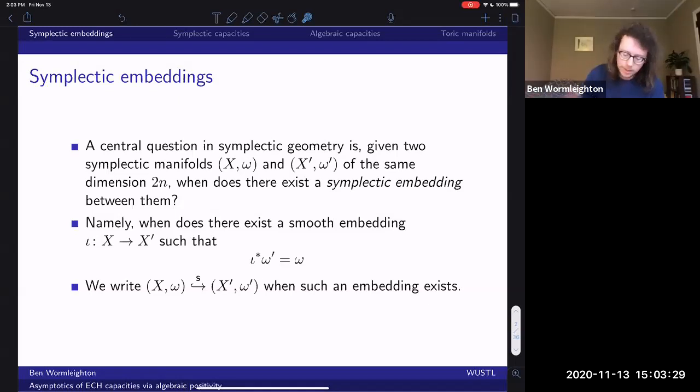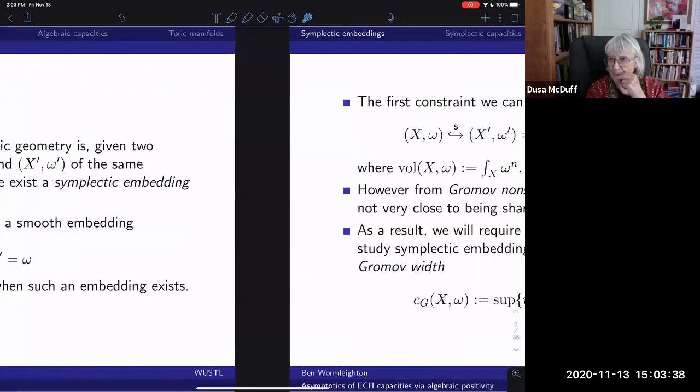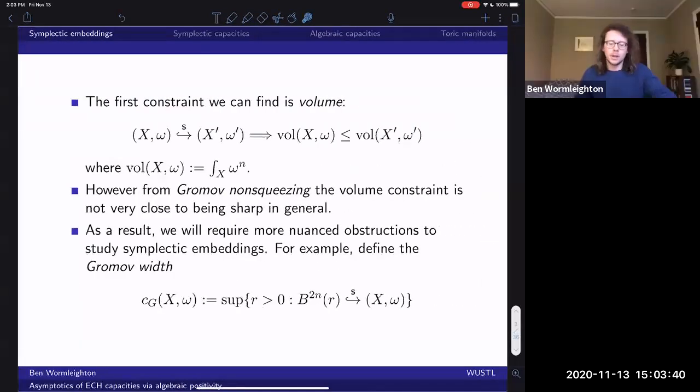And when such an embedding exists, I'll use this curly arrow with an S on top to denote that such an embedding exists, but I'm not specifying one. So the first natural constraint is volume. You can't embed something of bigger volume into something of smaller volume. But from Gromov non-squeezing, this is really not a sharp constraint in general. So as a result, we're going to have to think about more nuanced obstructions